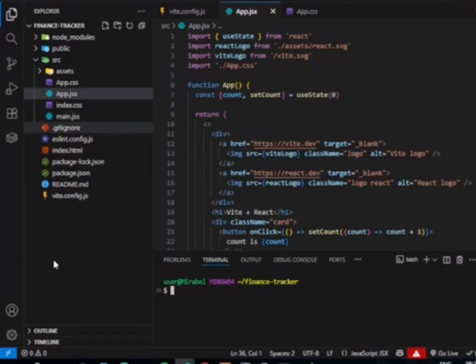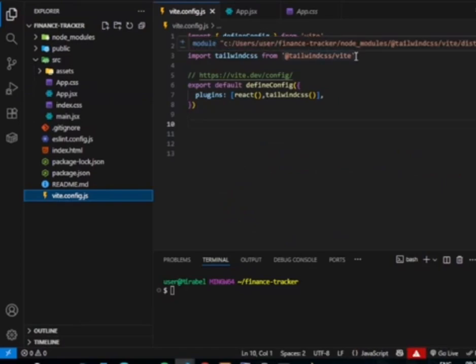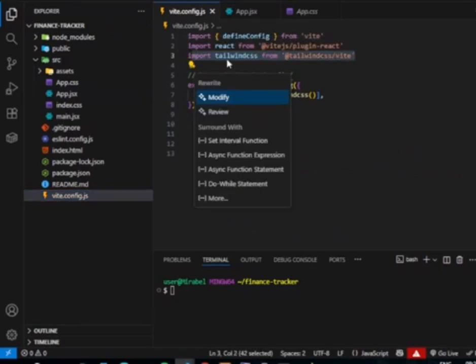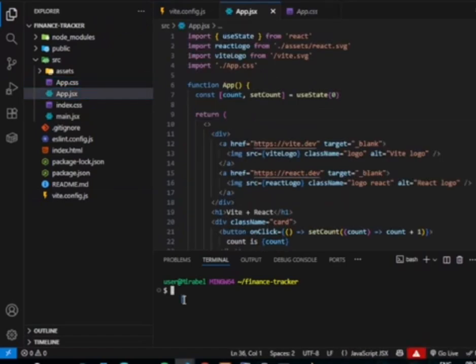Okay, let me go back to my Vite config. I'm done editing it. This is how it looks. I just imported it and called it on our plugins there, which is the Tailwind CSS. It isn't that hard. So what we are going to do next is view our React application on our terminal,